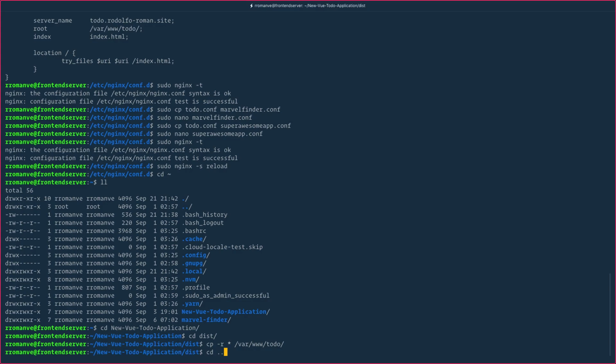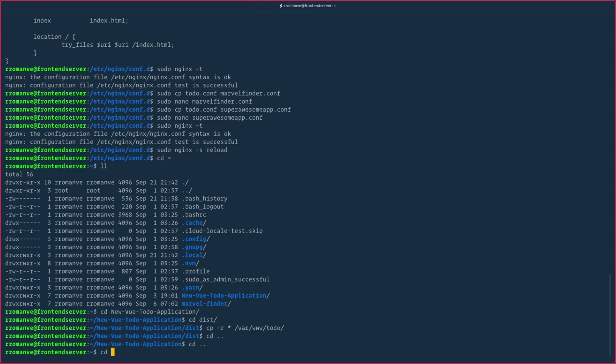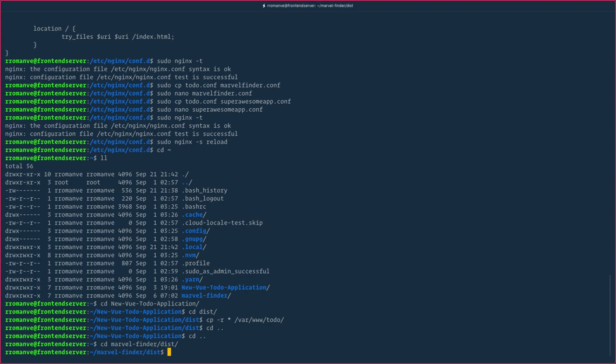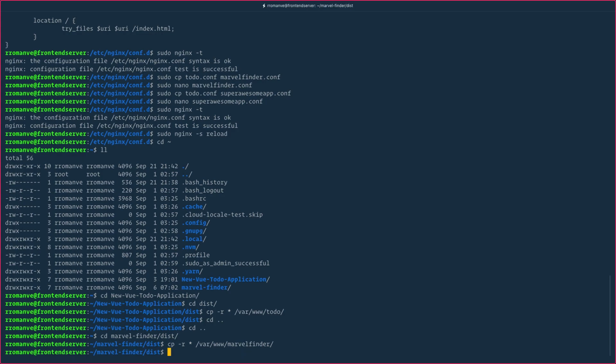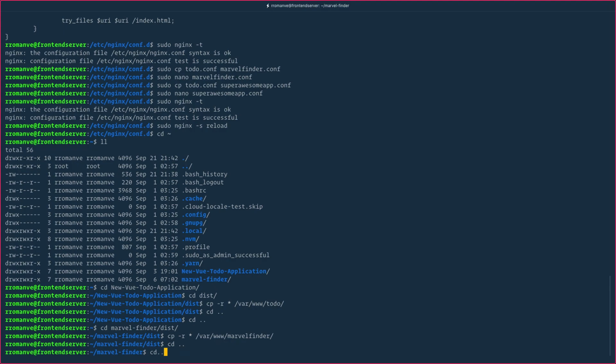I'm going back two levels. Now we go to my Marble Finder distribution folder, and I will do something really similar. Copy recursively everything. I save it to var www Marble Finder. Cool. We're going back two levels,